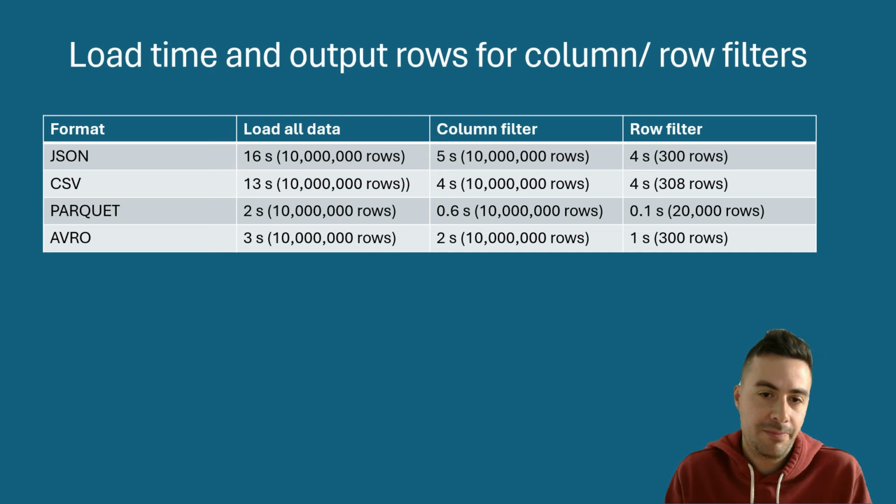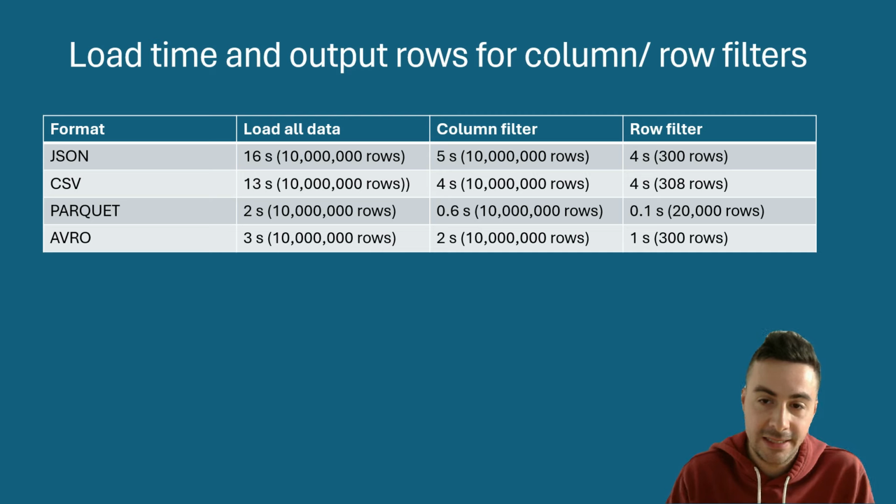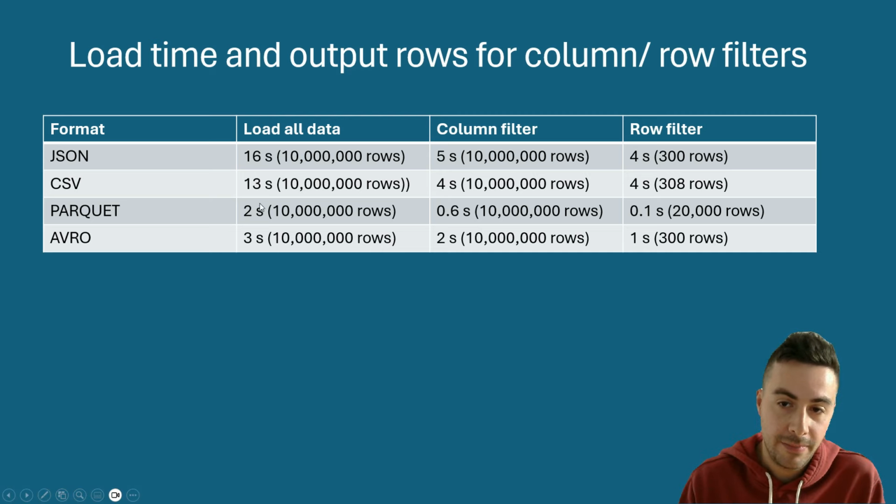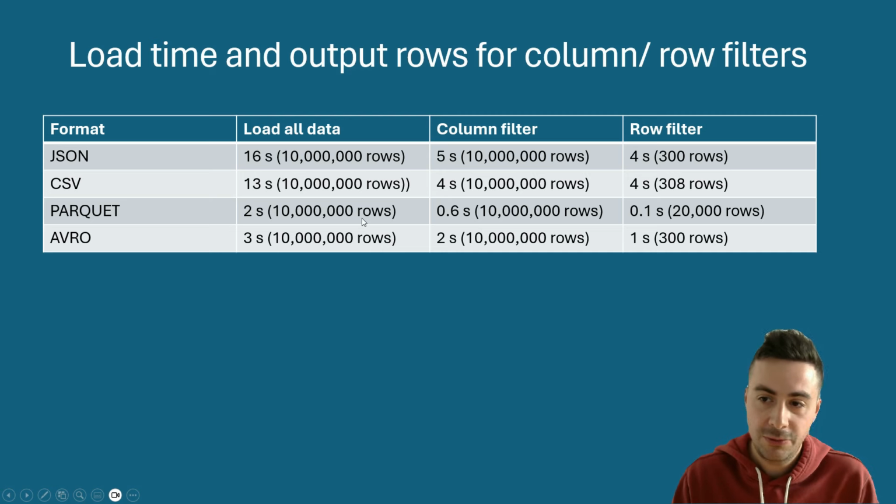And that's a big benefit if you define a row filter and don't load all the data. So in Parquet, as we talk about Parquet, we can see it a bit more interestingly. If you load all that data, you have all the 10 million rows, which we have. But if you load